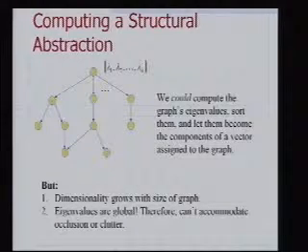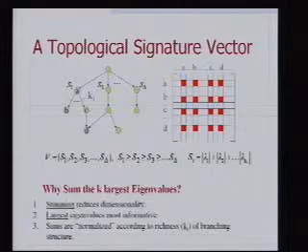There's two problems, though. One is the dimensionality of this vector grows with the size of the graph. That's a bad thing. The second thing is the eigenvalues are global. So if I occlude this whole portion of the graph, my eigenvalues are going to be perturbed to the extent where I won't be able to match this unperturbed structure to the correct object. Okay, so we've got to get around this dimensionality, and we've got to get around the fact that we have a global description. What we need is a local description so we can do matching in the presence of occlusion. So how are we going to do that? Well, we've developed something called a topological signature vector, and here's how we derive it.